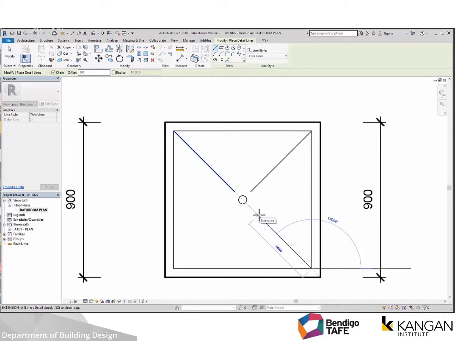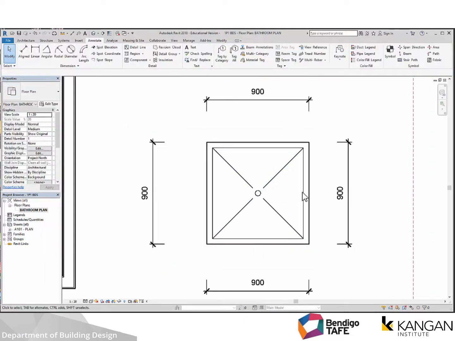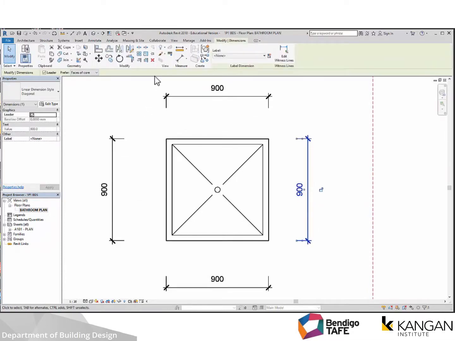Come in 500, detail line, thin line, 500, and modify. Okay, so that's our shower base. I'm going to delete these dimension lines,